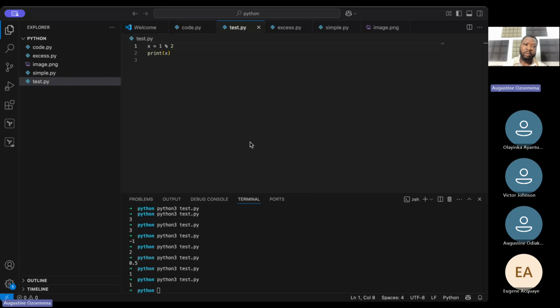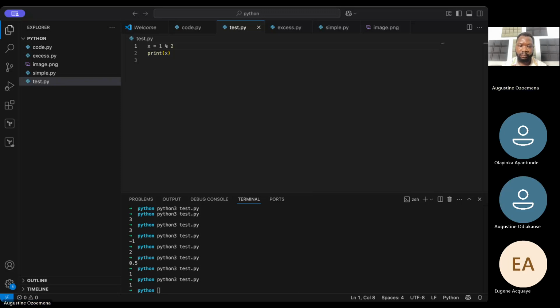So, let me use a more practical example. Let's say we do 23 divided by 5. Normally 23 divided by 5 will give us